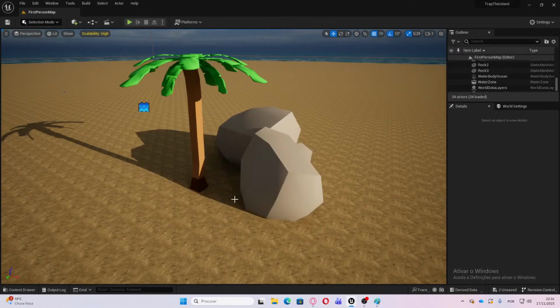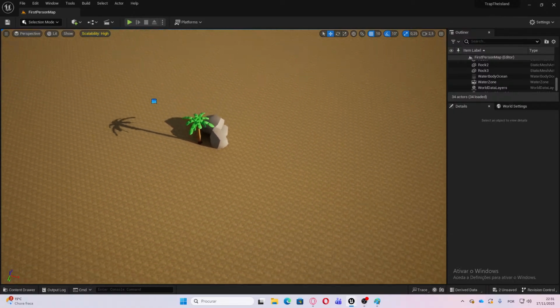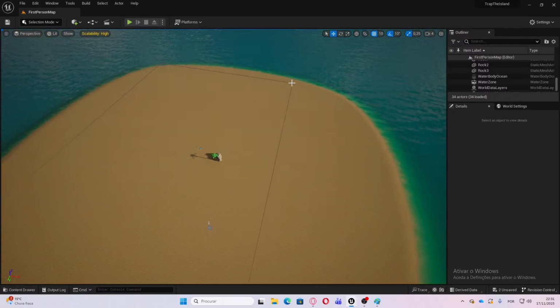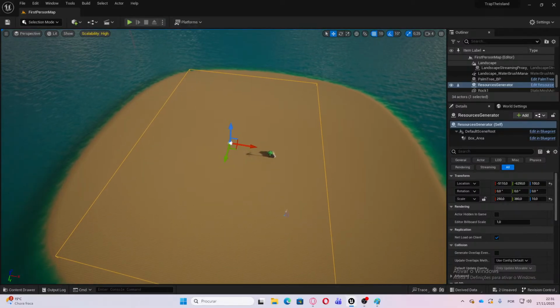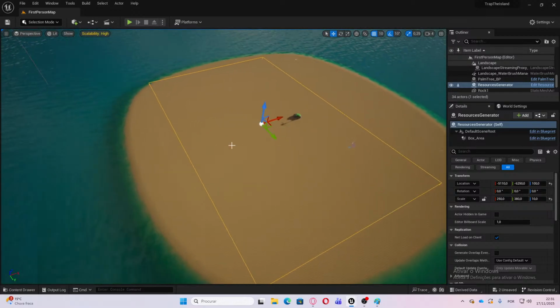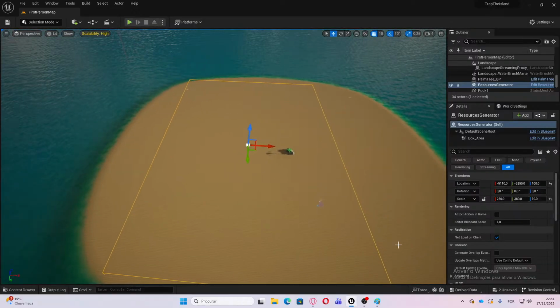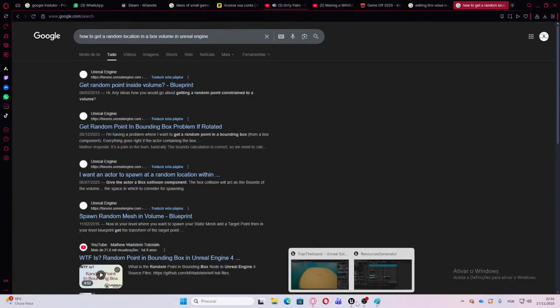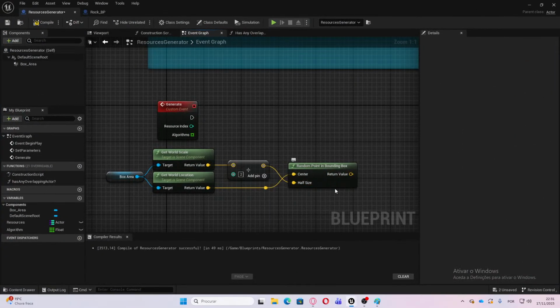So here, because this box is too like it's here. We're getting the center here, which will be that one, and then we're getting a random point in that bounding